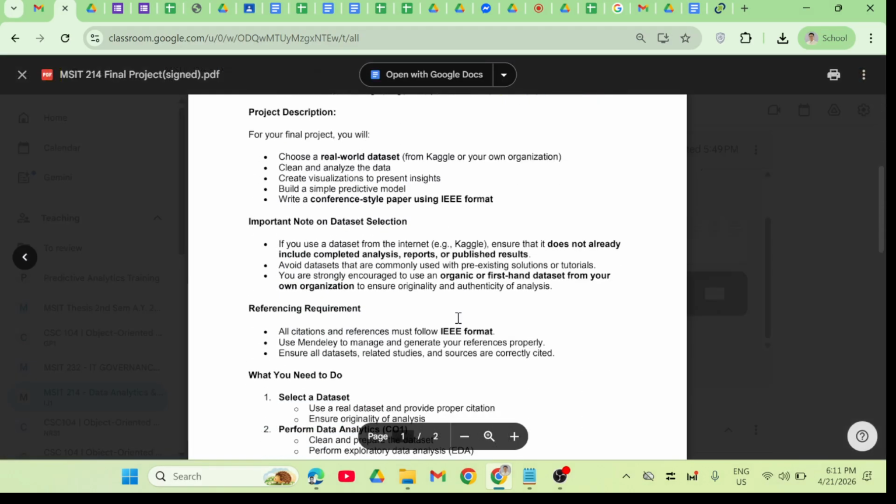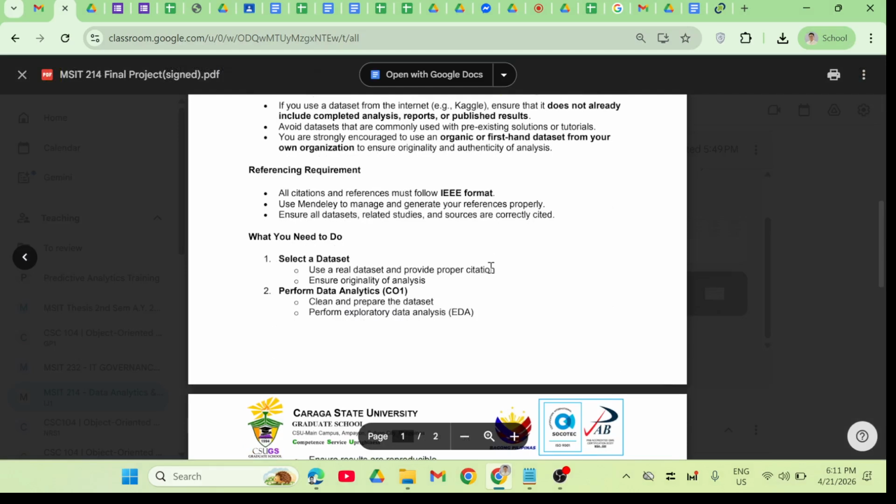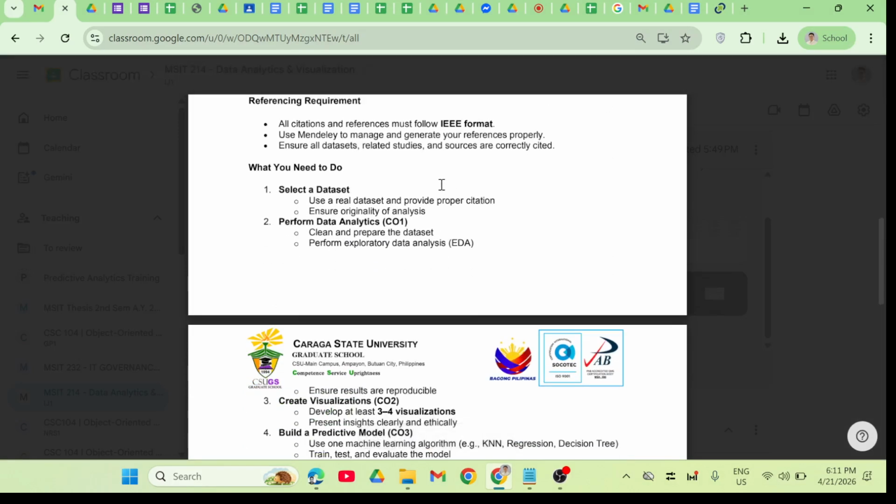Again, these are the details of what you need to do. Number one, select a dataset. Use a real dataset and provide proper citation. It should not be a benchmark dataset meant for practice. It should be an actual dataset, may it be from the internet or from your organization, to ensure originality